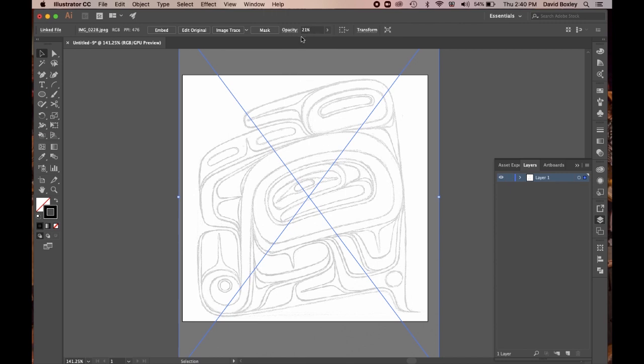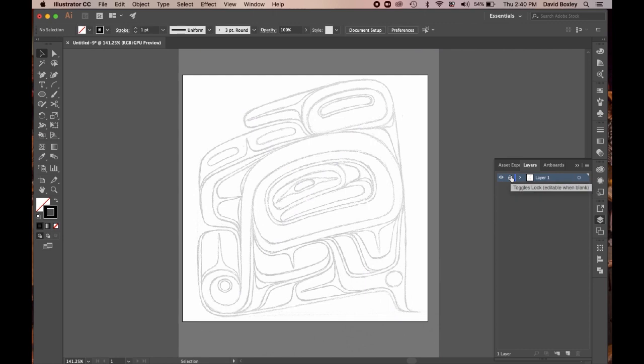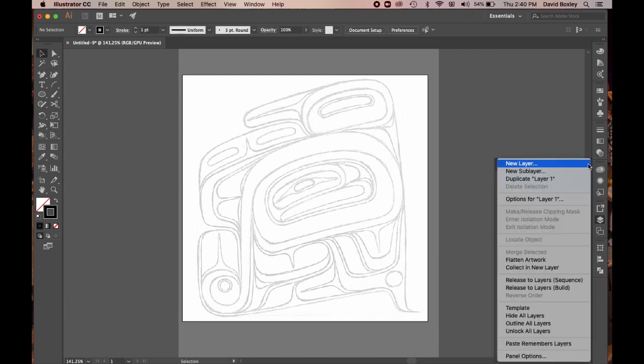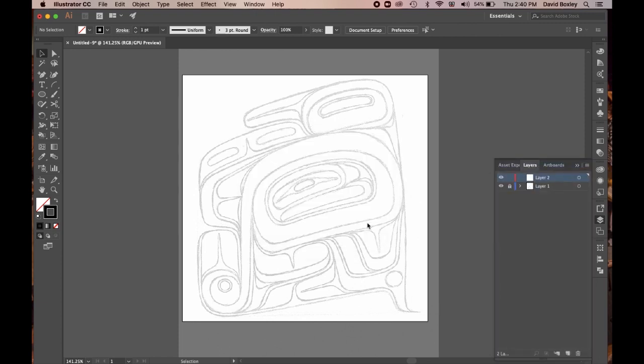I have imported this pencil sketch into the program, and I've decreased the opacity to around 20%. I'm going to lock that layer. In the layer menu, I'm going to select New Layer, and this will be where we start to build the